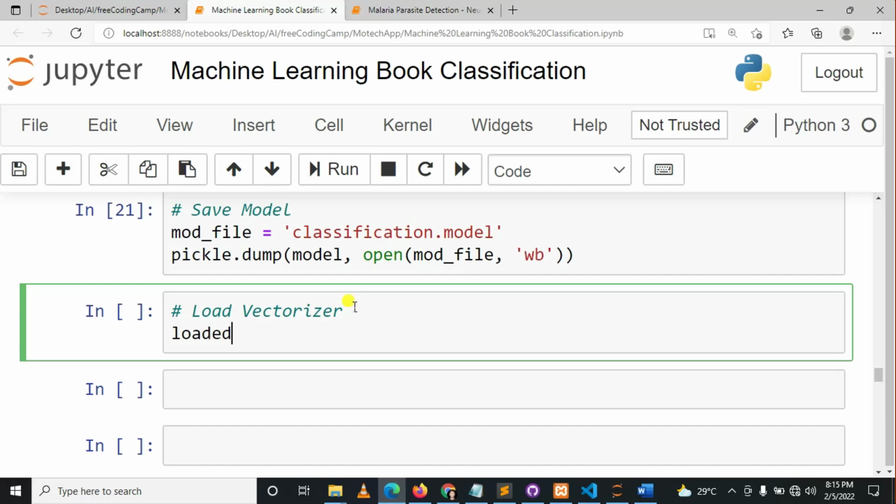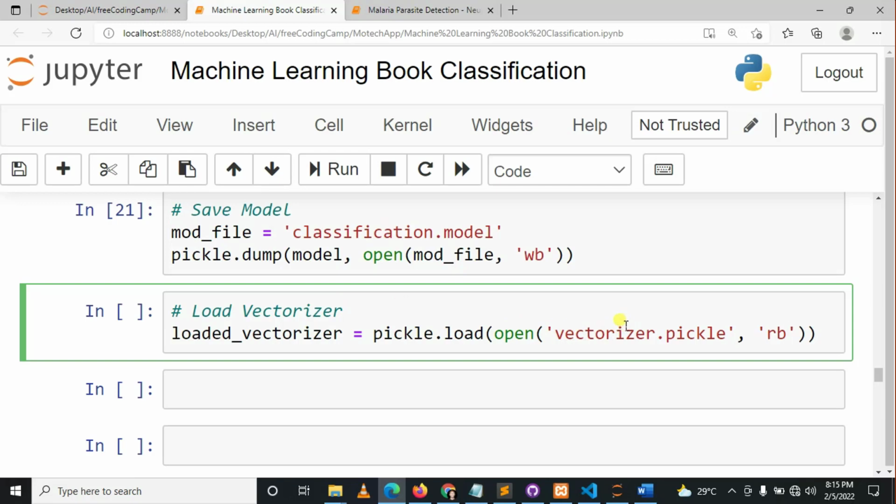Here I can say loaded vectorizer is equal to pickle.load, open, then the name of the vectorizer file, which is vectorizer.pickle, comma, then rb, which means read binary.